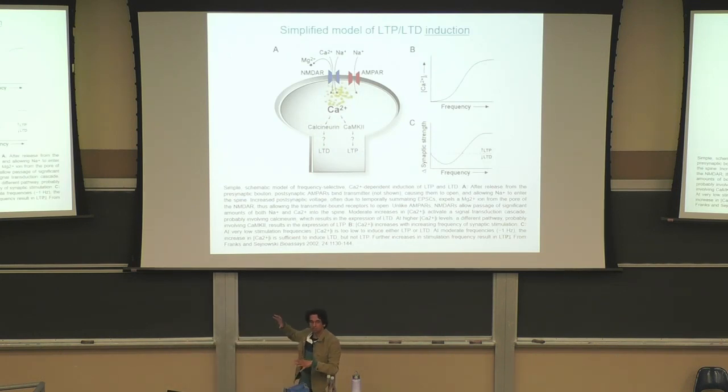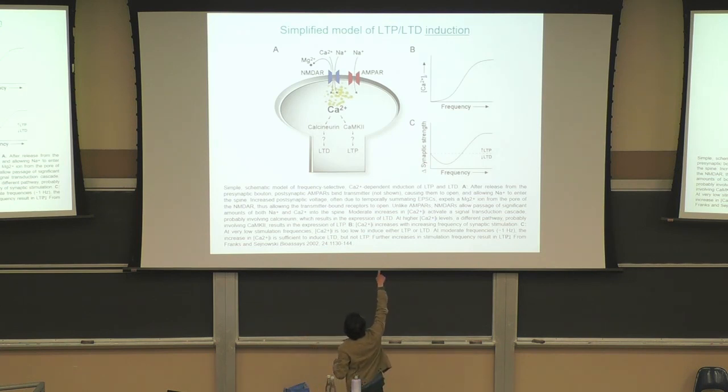And here we have a model that ties everything together. So for both LTP and LTD, you get calcium influx with an NMDA receptor. And if you have a lot of calcium influx, it activates this CAM kinase 2 pathway. It leads to potentiation. If you have very little calcium influx, it activates this calcineurin pathway, and that leads to depression. And they roughly are doing opposite things, right? So the potentiation is phosphorylating AMPA receptors and putting new AMPA receptors on the dendrite, and the depression is dephosphorylating AMPA receptors and taking out AMPA receptors from the dendrite.